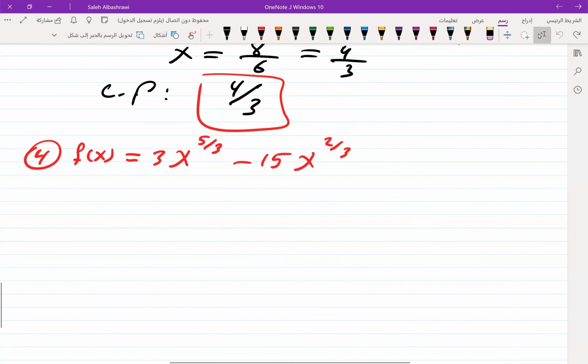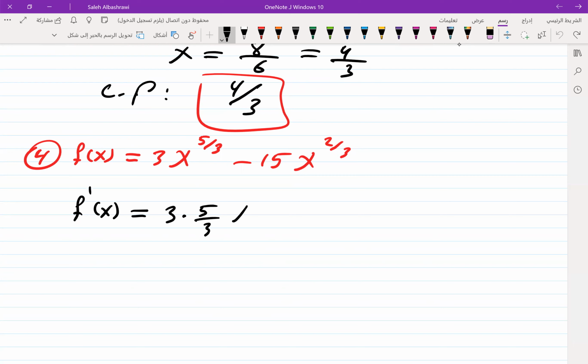Let's differentiate this one. f prime of x equal to 3 multiplied by 5 over 3 multiplied by x to power, if we just deduct 1, it will be 2 over 3. So it's 5 multiplied by 5 over 3 times x to the power 2 over 3 minus 10 multiplied by 2 over 3 x to the power minus 1 over 3,